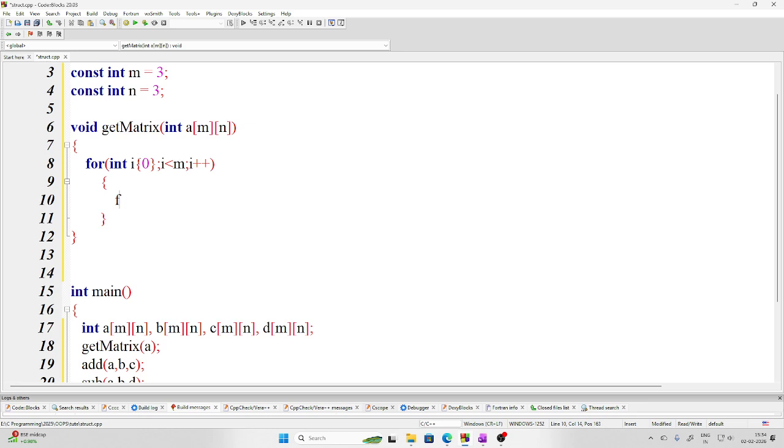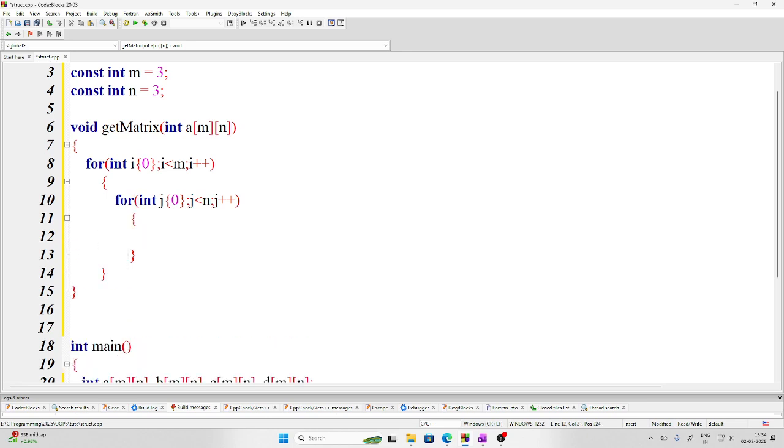Then for int j is 0, j less than n, j plus plus. Then what I have to do, I have to transfer the values. So cin a[i][j], i and j. That's it. So simple. And if you want this program to look more elegant, what you can do is simply